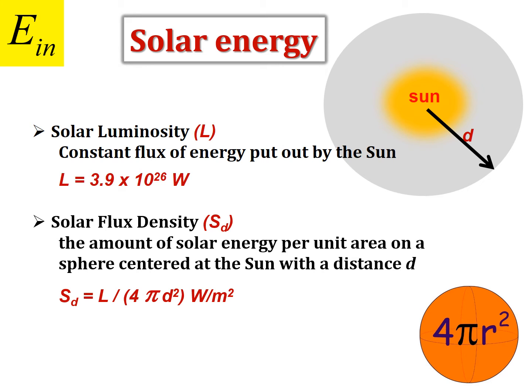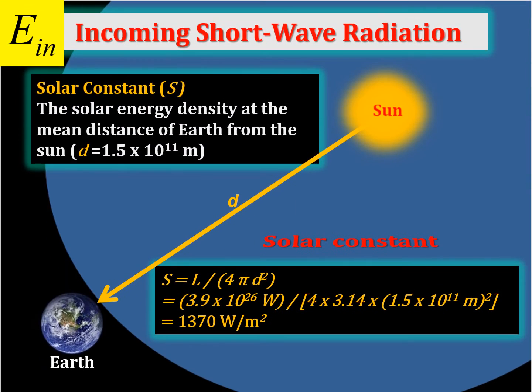We care how much solar energy reached the Earth. What is d? The d is the distance between the sun and the Earth. We know this distance. We know the L. So we can know